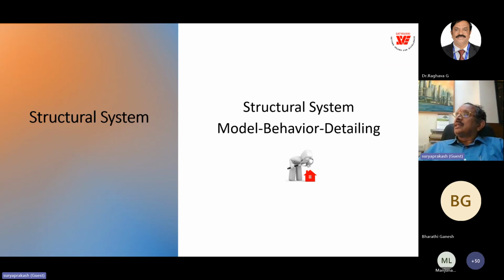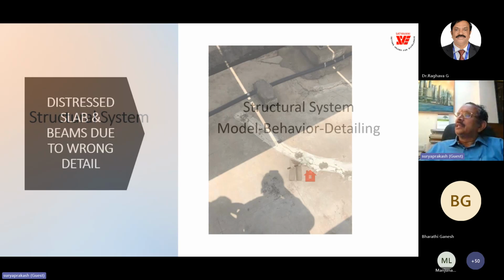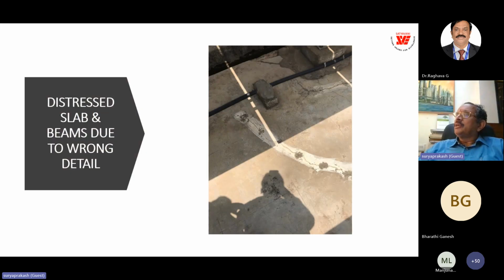Next is the structural system, model behavior, detailing. This is a very, very common thing happening nowadays. People are analyzing the structure using any software, but they are failing to study the bending moment and shear force diagrams and identify the primary beam, secondary beam, tertiary beam kind of thing. I was referred this building, as people thought that it was a waterproofing failure, and there were profuse cracks in the slab. When I studied in